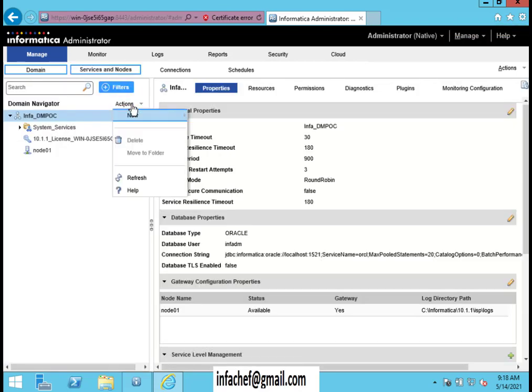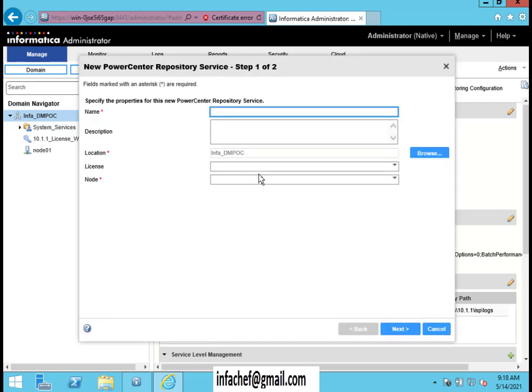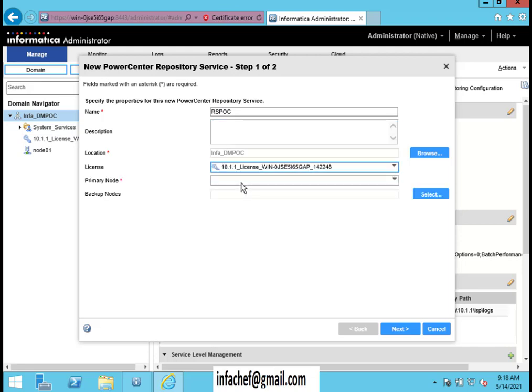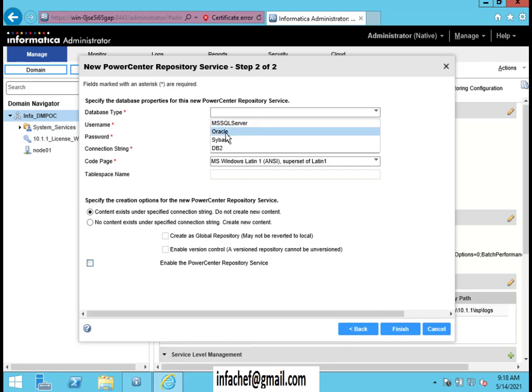I'll be going to the services and I'm trying to create the service called RSPOC, and I'll be using the existing license, and it is using a primary node, and if you want you can use a backup node. I can go to the next, and I can go to Oracle, and I can go to the user ID.